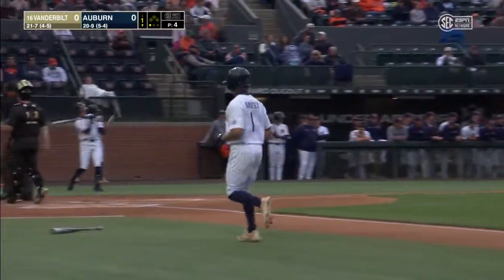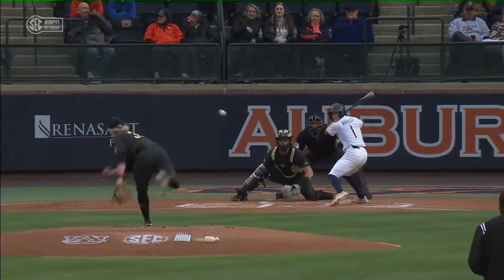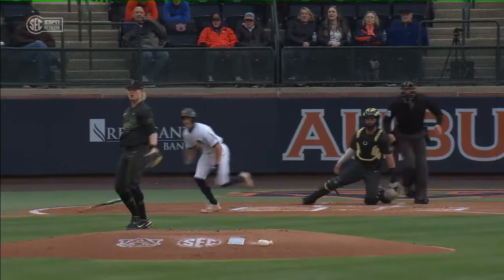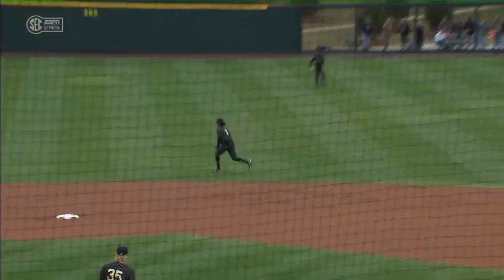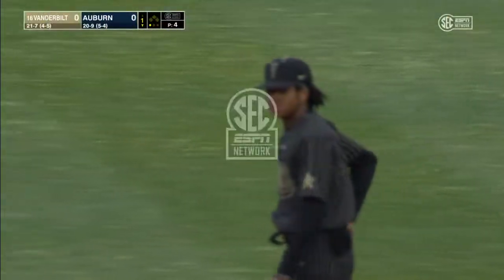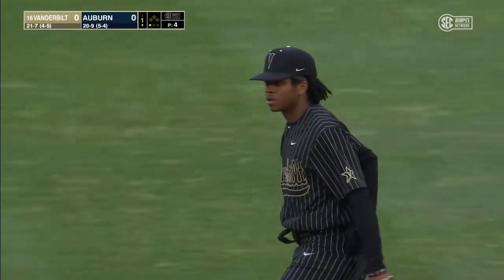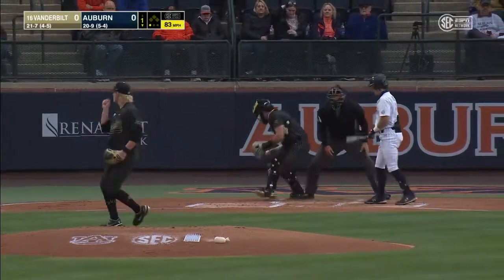Looked like a slider or cut fastball, something down and away, a shorter slider. Great location. Rambush was sitting all over it, gets out there, and that ball was probably off the plate a little bit. And well played by Gordon. Wasn't hit all that hard. I think if it had been hit squared up a little bit more, it probably would have been a base hit, but still an effective line drive. Gordon making a nice catch as